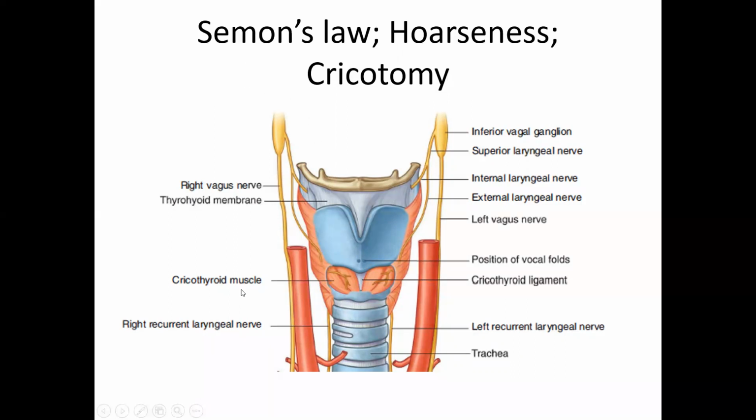Siemens' law states that when the recurrent laryngeal nerve is partially damaged, the abductors of the vocal cord paralyze first and recover last. That is Siemens law. In a partial damage to the recurrent laryngeal nerve, the abductors of the vocal cord are the first to be paralyzed and the last to recover, which means the adductors are still functioning and you need to do a tracheostomy or a cricotomy. So that was what was described as Siemens law.